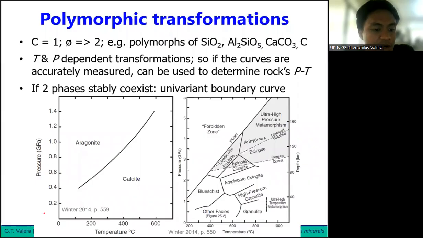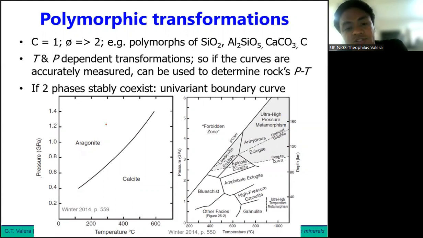Okay, for the next part, we'll be talking about reactions that we observe in different metamorphic rocks. Okay? And from time to time, we will see yung pinag-usapan natin kanina, how to interpret ACF diagrams, or rather chemographic diagrams, petrogenetic grids, and the subtype of petrogenetic grids, pseudosections. Okay, so of course, yung isa sa simplest reactions in metamorphic minerals is yung polymorphic transformations, wherein you have same component, same,